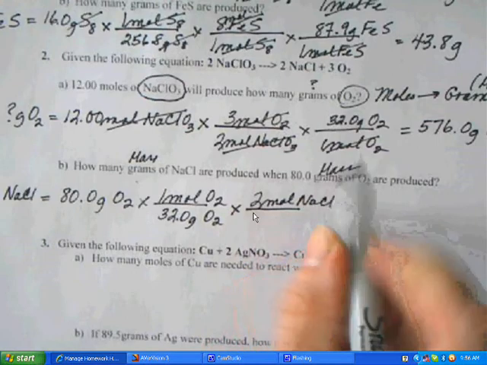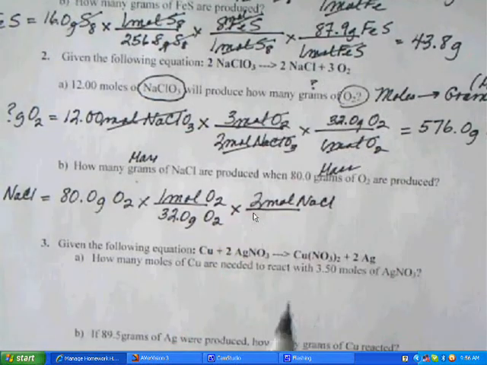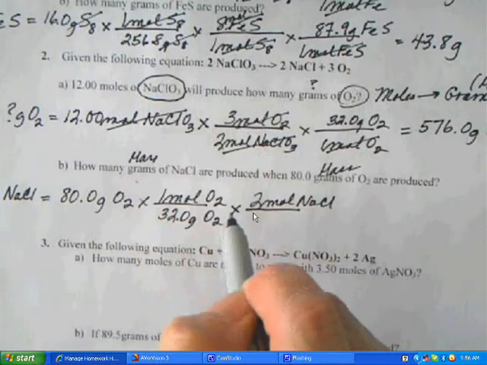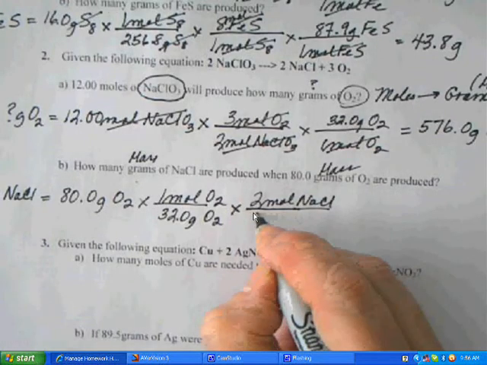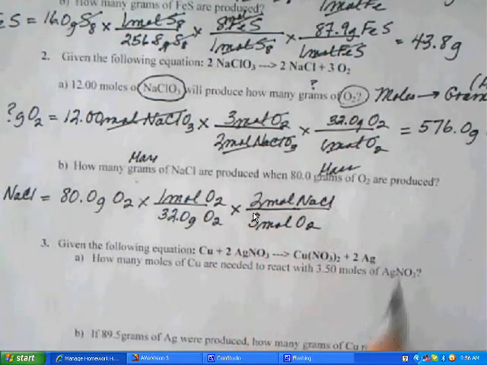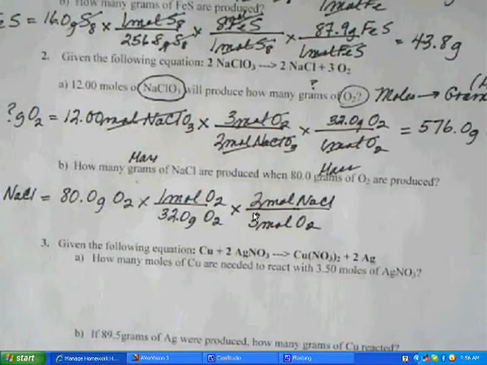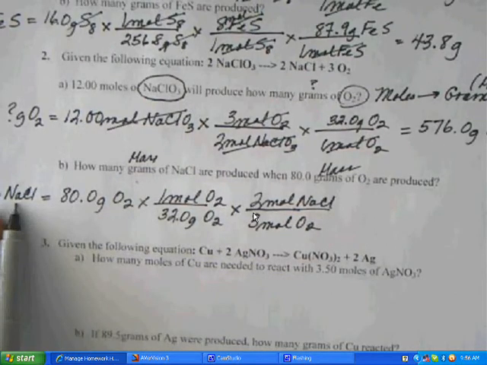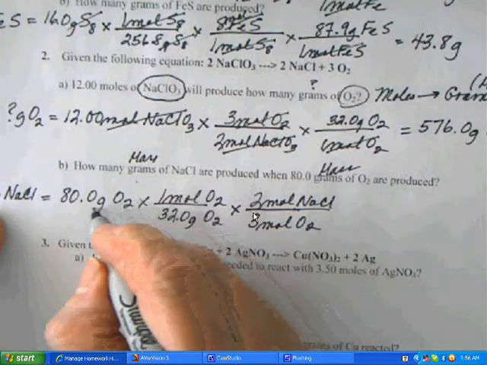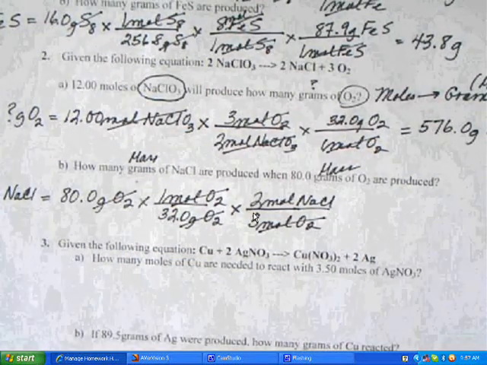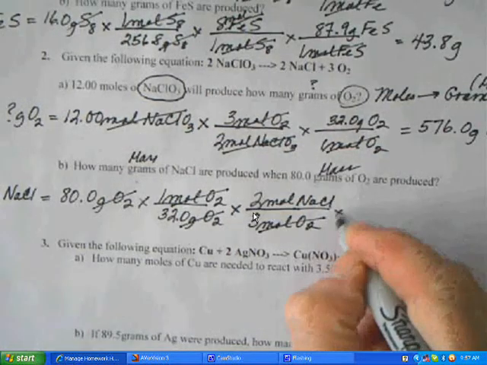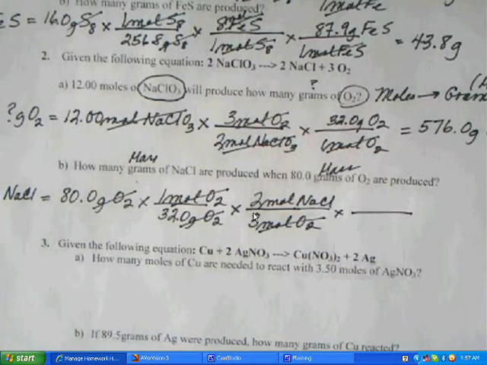Now what's the next step? Convert to moles. That's right. So you convert moles to grams. So 1 mole of sodium chloride weighs 58.6 grams. And you should be able to cancel all the units except the units you're trying to find. And the only unit that wasn't canceled is grams of NaCl. And look, grams of NaCl. So 80 divided by 32 times 2 divided by 3 times 58.6, voila, gives us